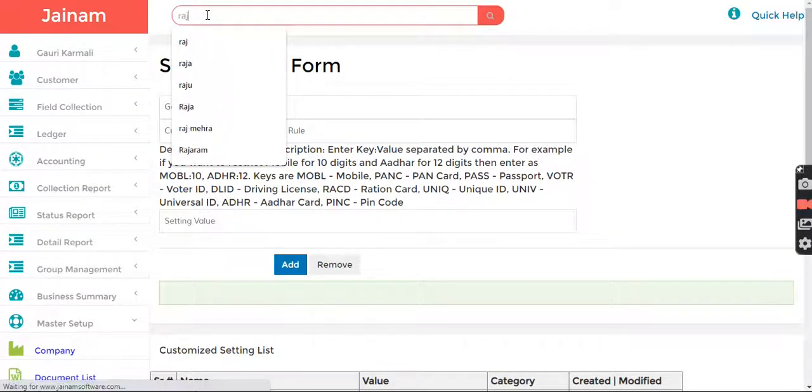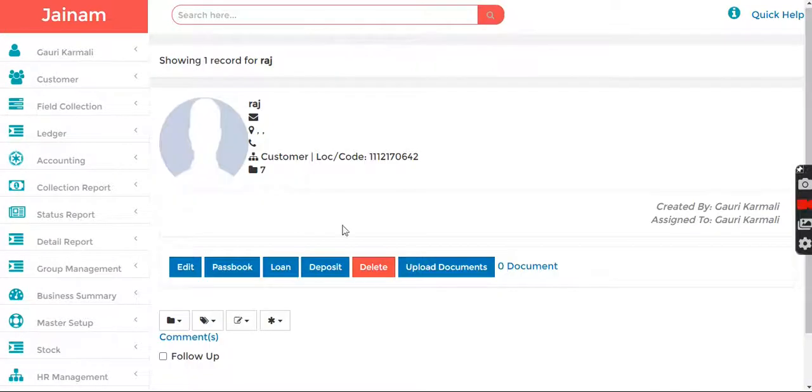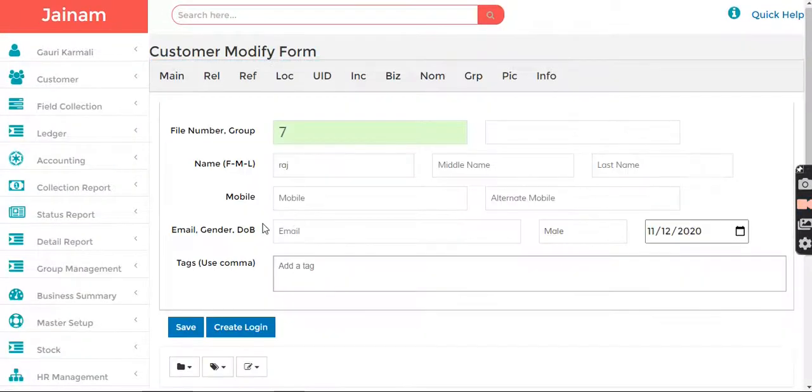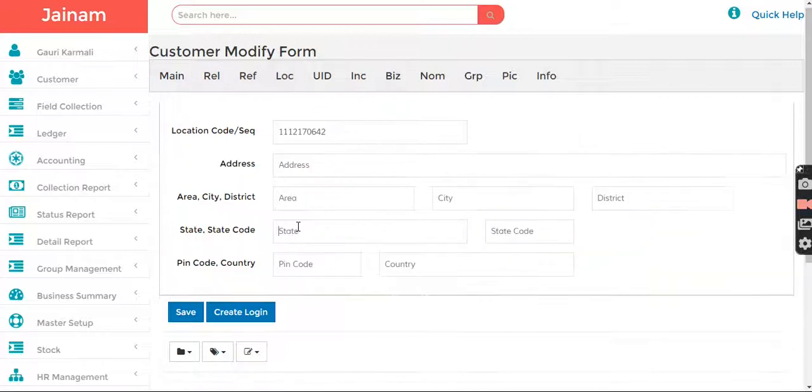So say I already have a customer here that is created. So I search for the customer and I want to see, no details have been added. So I just click edit. And then in the mobile, I try to add 4 digits. Say in the user ID, I try to add 11 digits, and there was pin code also. In pin code, I'm going to add 3 digits.